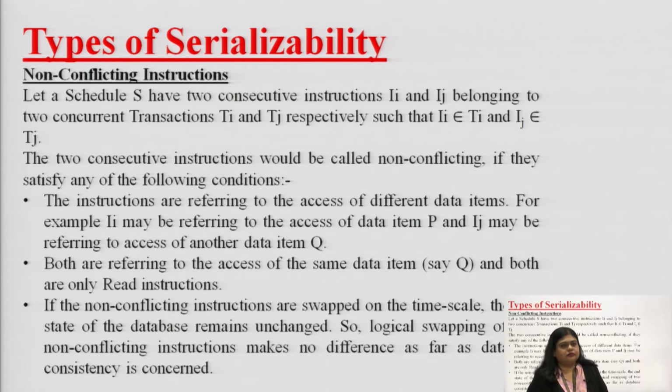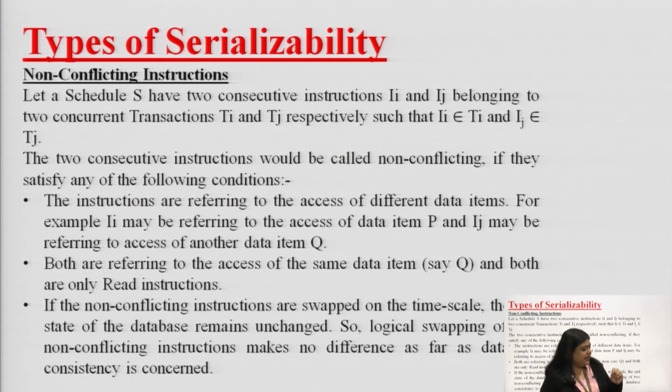This concept is very important for you to understand. We have some set of instructions in every transaction. These will be read instructions, write instructions, a combination of read and write, and then we will have another set of instructions also. So, whenever we have these types of transactions with read, write and combinations of read and write, and they are getting executed at the same time, which set of instructions will be called non-conflicting instructions? Let us go into the details of it.